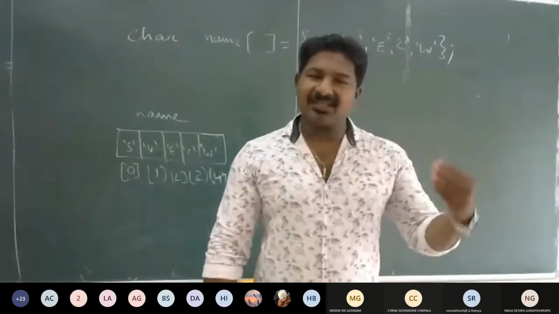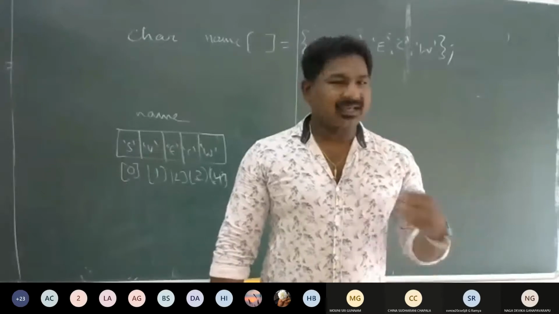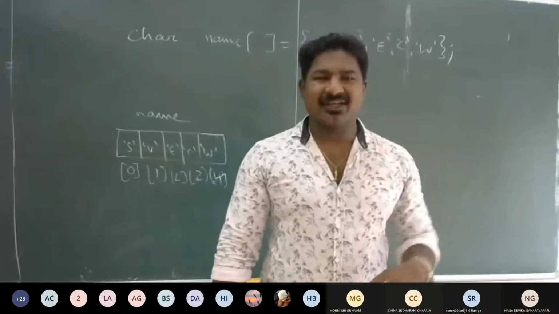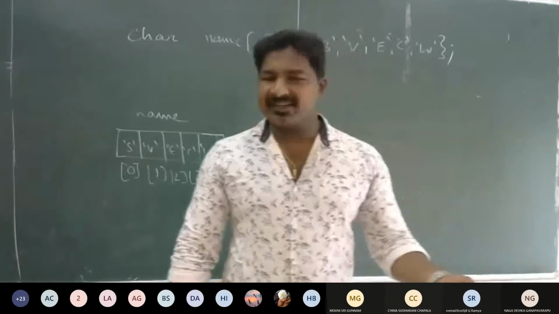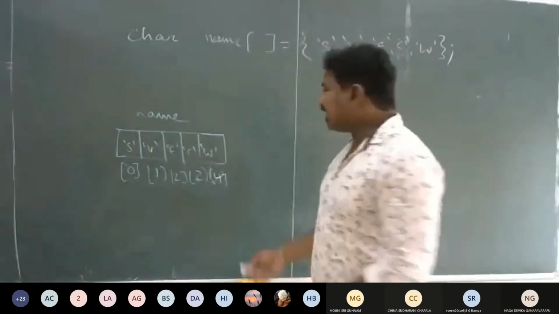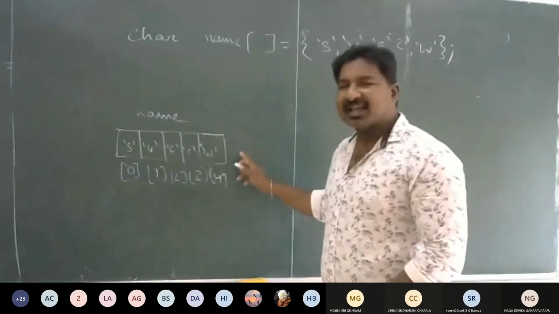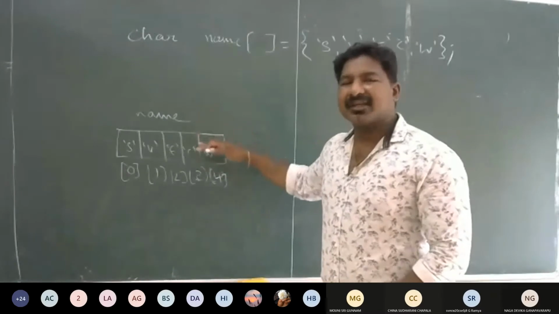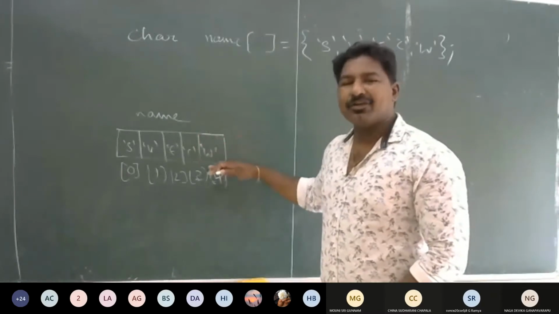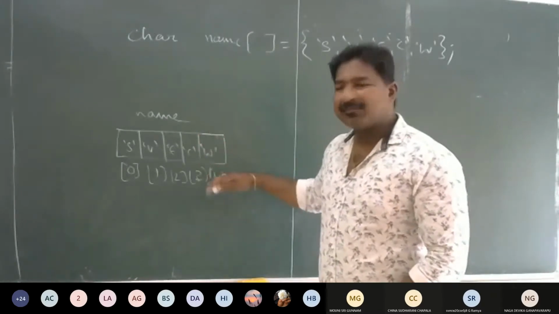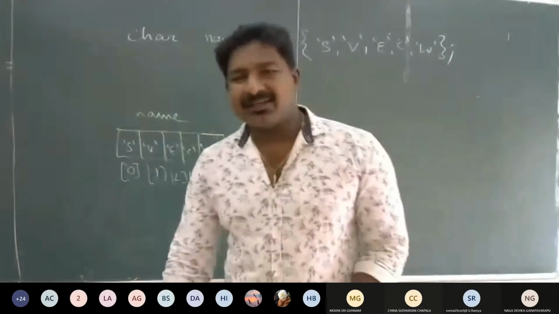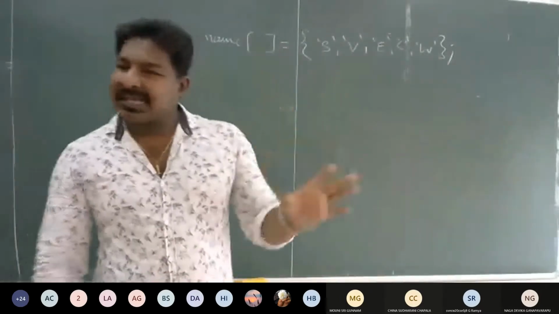Every string is a character array, but every character array is not a string. Which character array is not a string? If you are not initializing the last character as \0, it is considered only a character array, not a string.